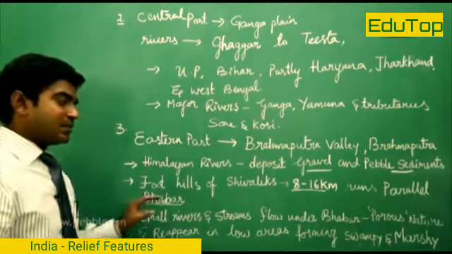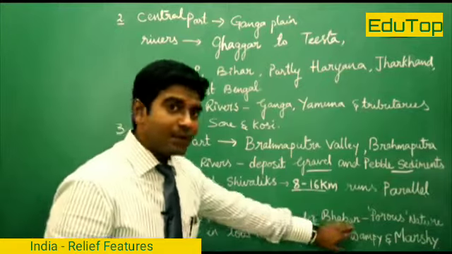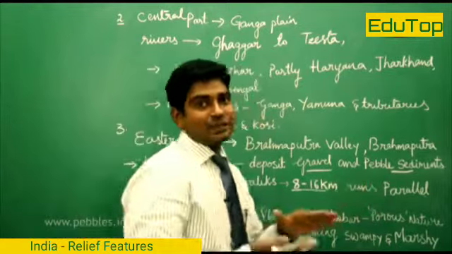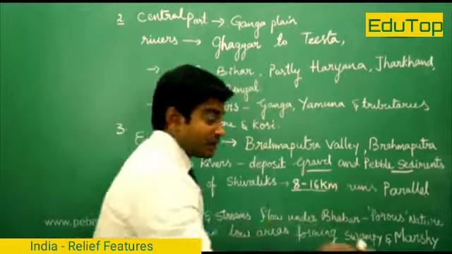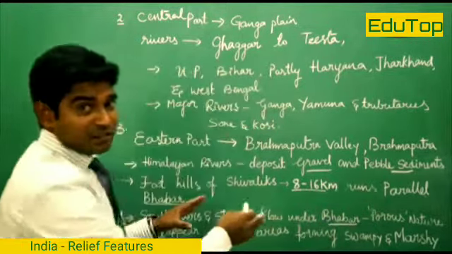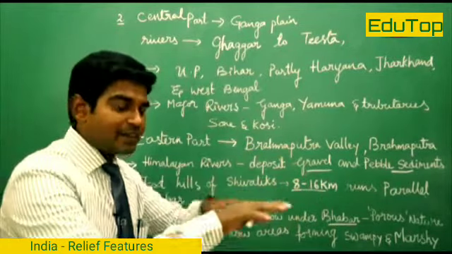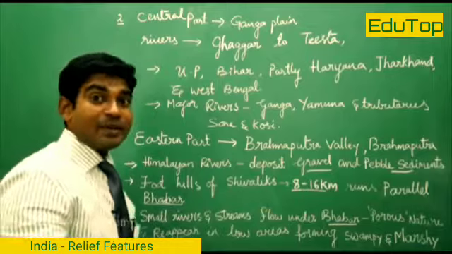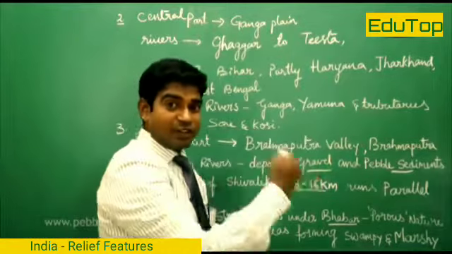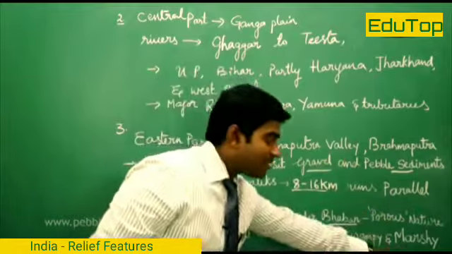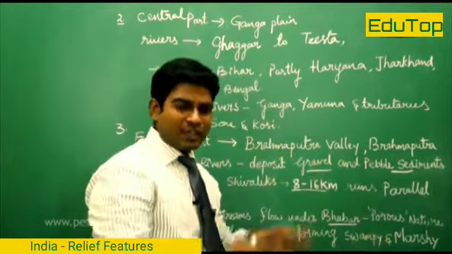The small rivers and streams which flow under the Babar, the porous pebble stones, disappear in the Babar region. They disappear completely. Understand the point here? In the Babar region, you don't find any rivers flowing. But under the stones, we find rivers flowing, and they reappear after flowing some distance like 50 or 60 kilometers, for example, and form a swampy and marshy track, which is clearly evident.